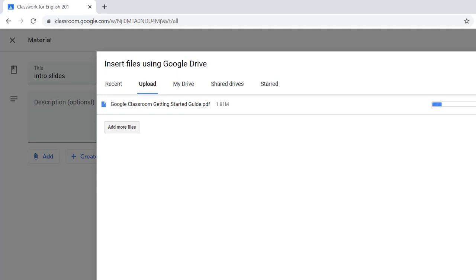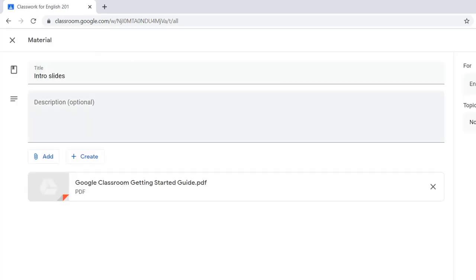and then I can add few words in the description tab, specify which students I want to see this post, and then I can specify a topic for my post. So let's add a few words. This is